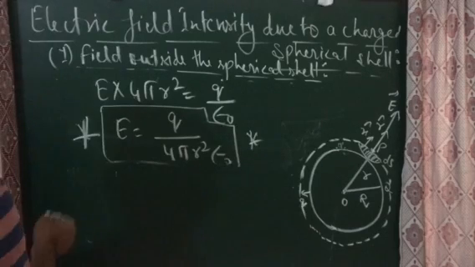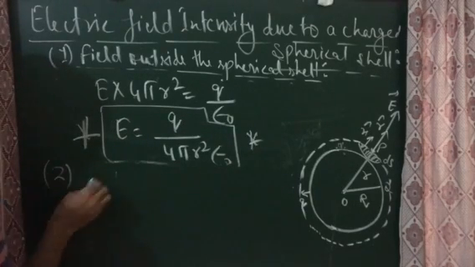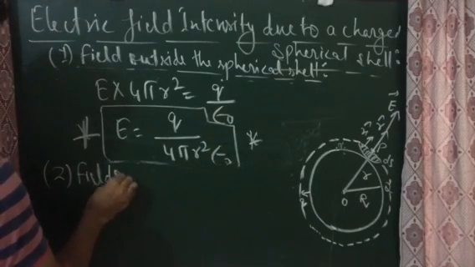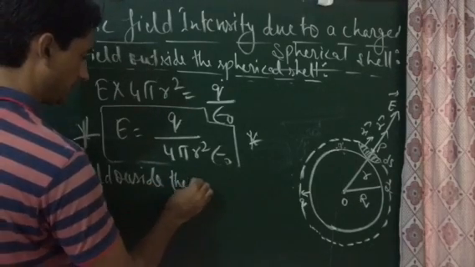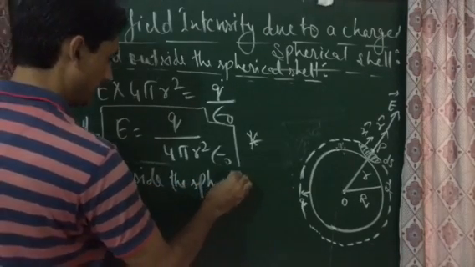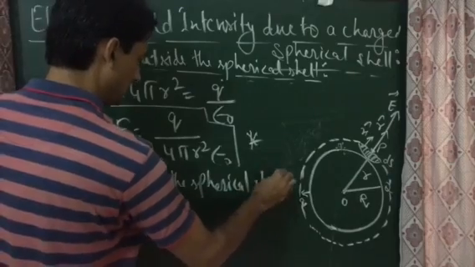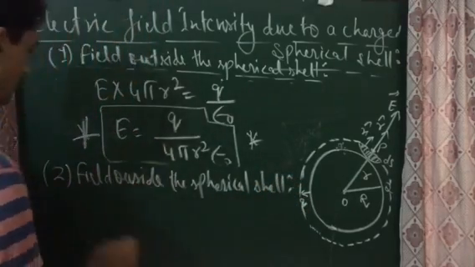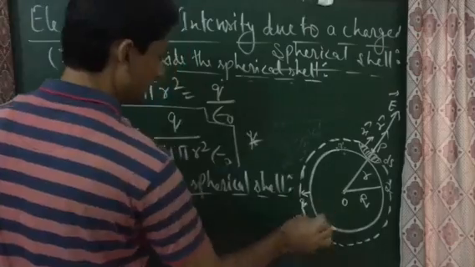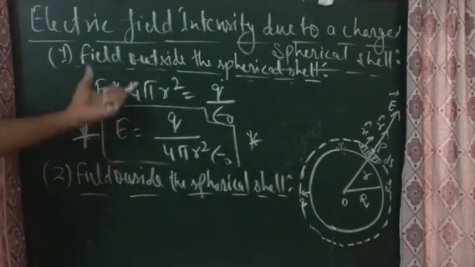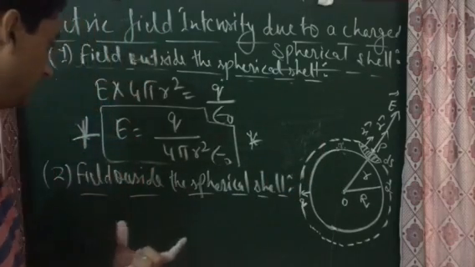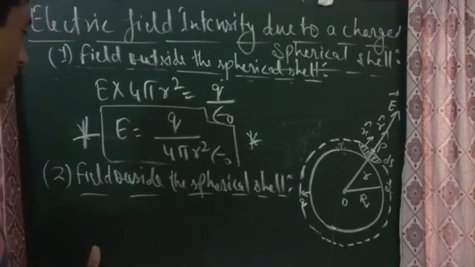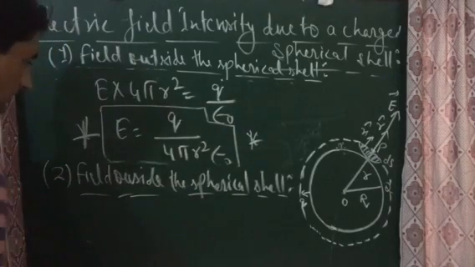तो ध्यान देंगे, second is the field outside the spherical shell. Field outside the spherical shell, कहाँ पे field को find करेंगे? Outside the spherical shell. So outside the spherical shell,